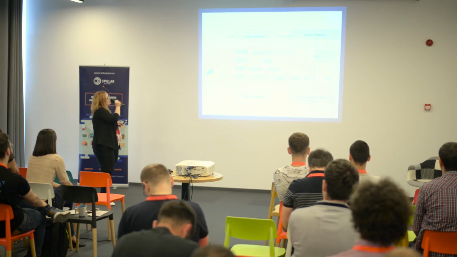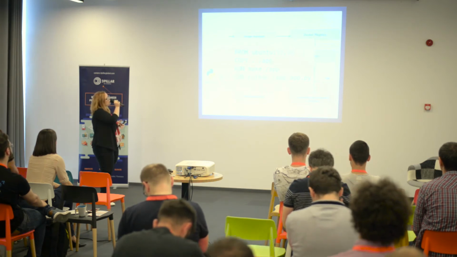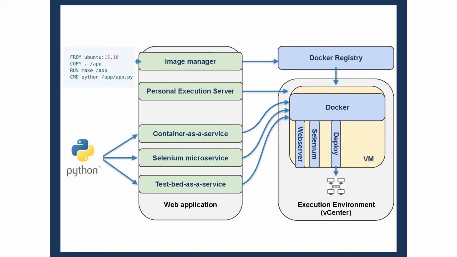So as you can see, the first line tells from which base image it is constructed. In this case, it is Ubuntu. And it is built on top of Ubuntu, adding a few more commands. So copying the current folder into the app folder in the container, compiling it, and then running that app.py command every time we run that container. Users can create custom images in order to have the desired execution and development environment that they want in order to develop their activity.